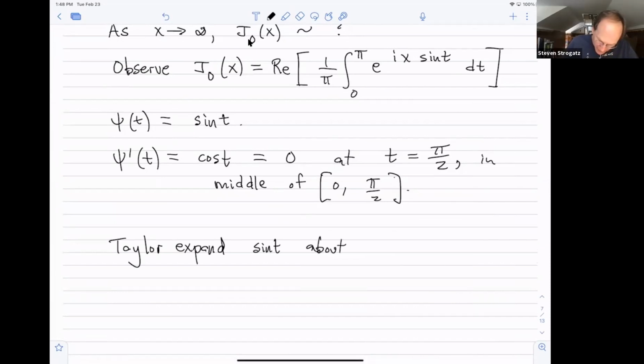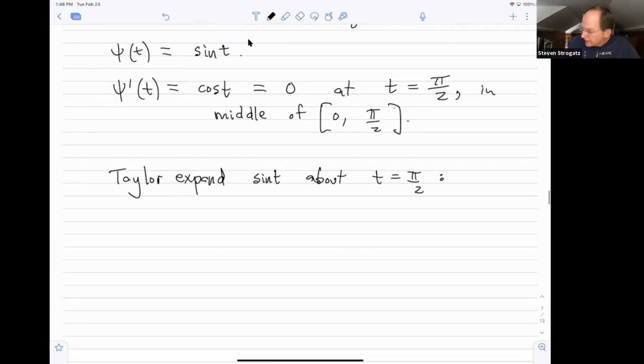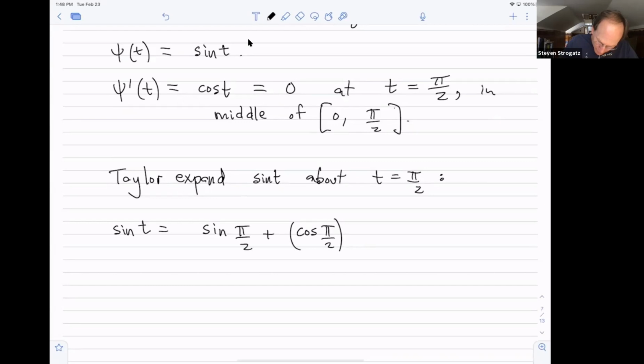Taylor expand the phase sine of t about pi over 2, and you get sine of t is sine of pi over 2 plus the derivative of sine, which is cosine, evaluated at pi over 2, times t minus pi over 2,